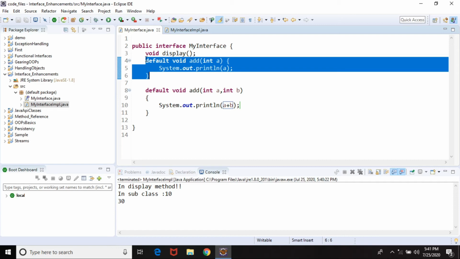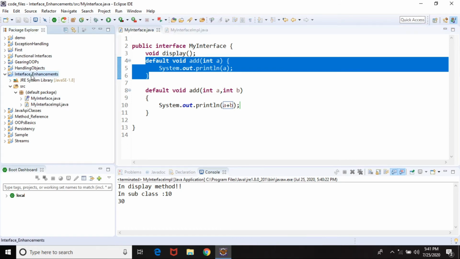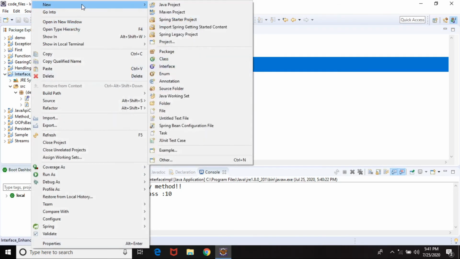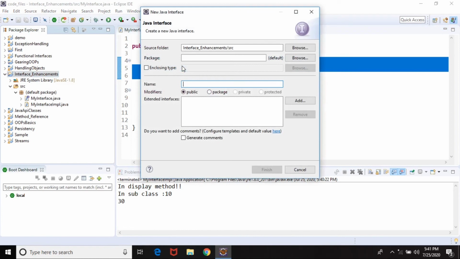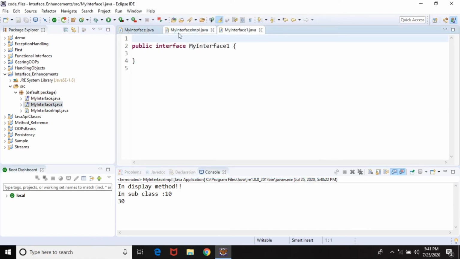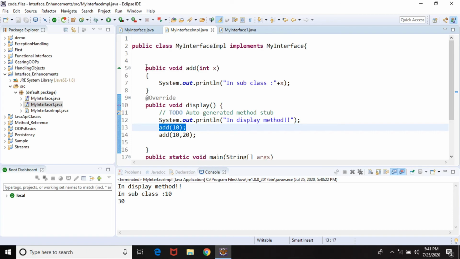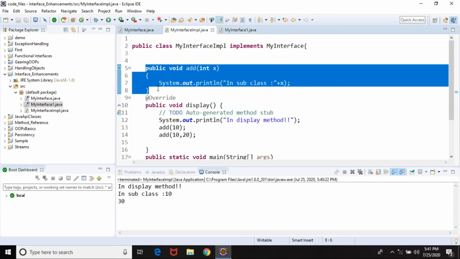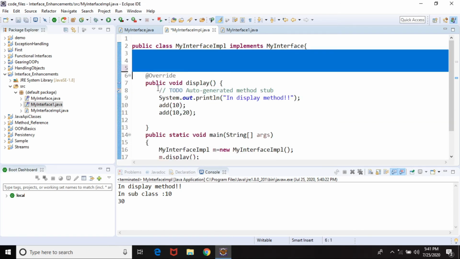Now the new thing that we are going to do is create another interface. Let me create another interface, and the name of that interface now is my interface 1. And before I go to my interface 1 declaration, I'm going to delete this add. I'm not going to override this add as of now.